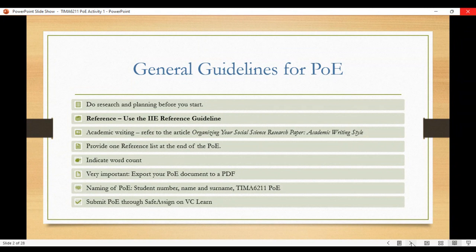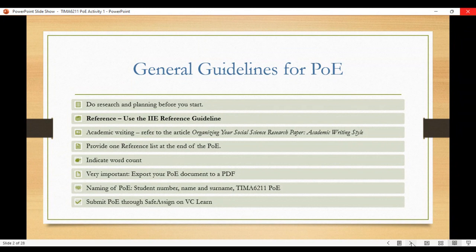There's also an article about academic writing, organizing your social science research paper, the academic writing style, which is applicable to most of your other PoEs as well. Not necessarily for your languages, but for your other subjects or modules, you can use this academic writing.